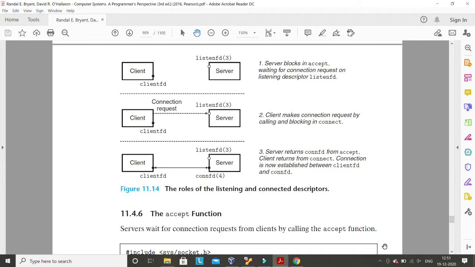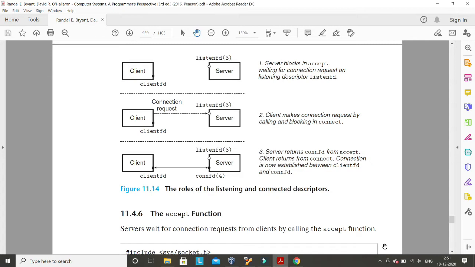So quickly, I'll explain the important points that I discussed in the last class. In the last lecture, I discussed how to create a client, how to connect this client with the server, how to create a server, all these things.